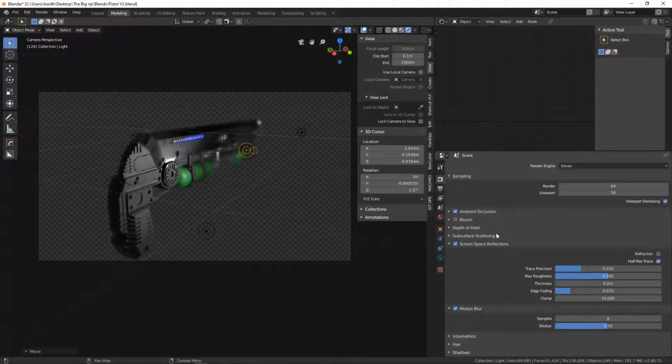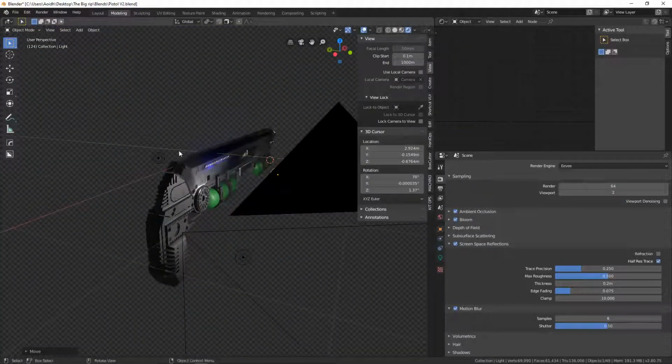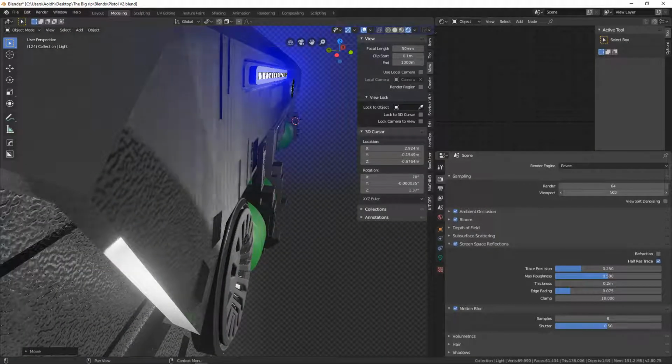So that's these settings here, and then I've skipped over this, which is sampling, which is basically quality. So if I set the viewport, I'm going to turn off denoising, and I'm going to set the viewport samples to be 2. Now, I don't know if you can see the drop in quality there, but as I increase the number of samples, this is going to look much better. And as I reduce them,